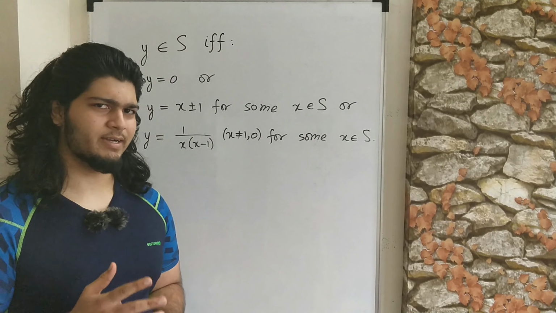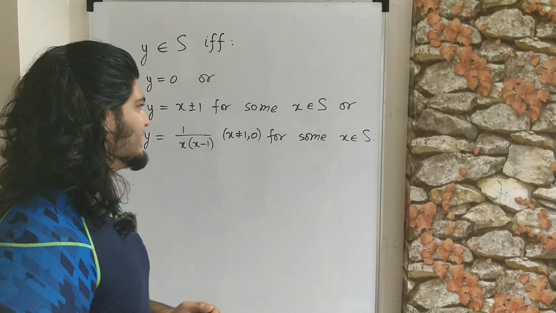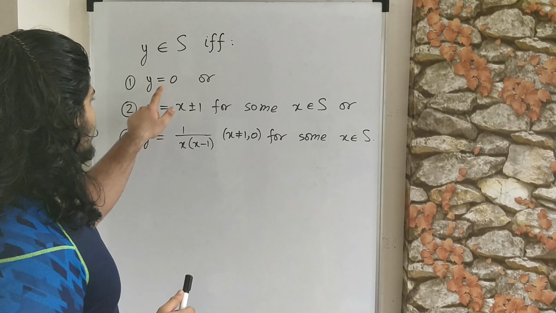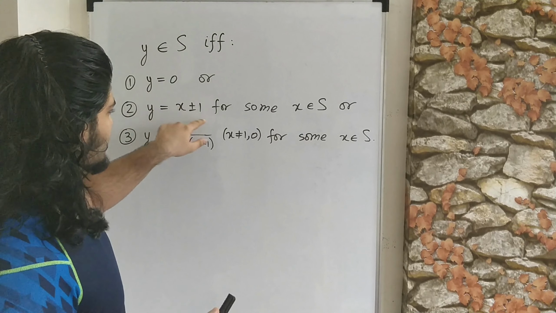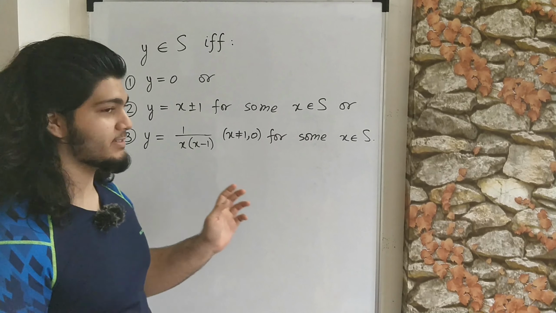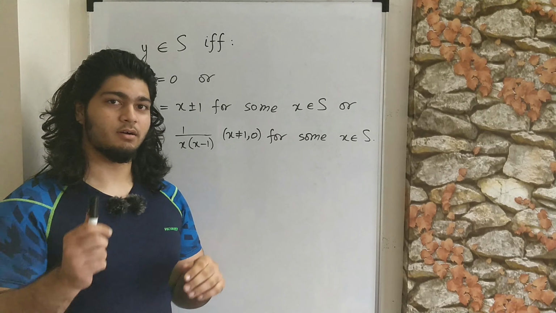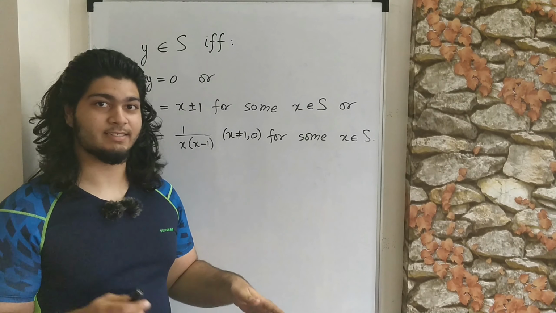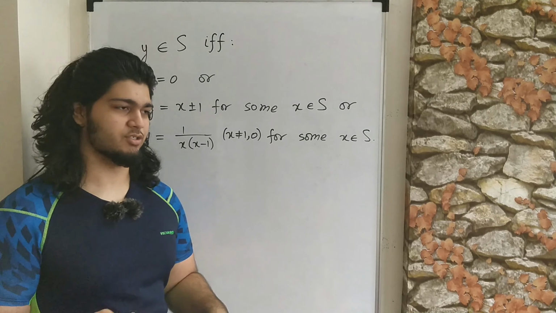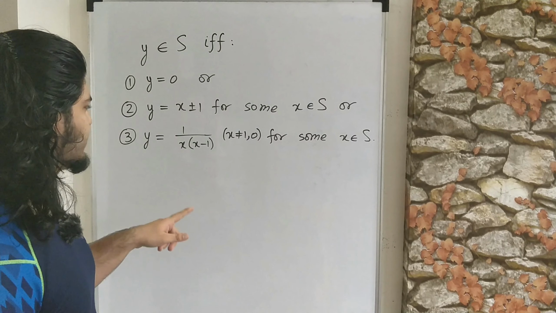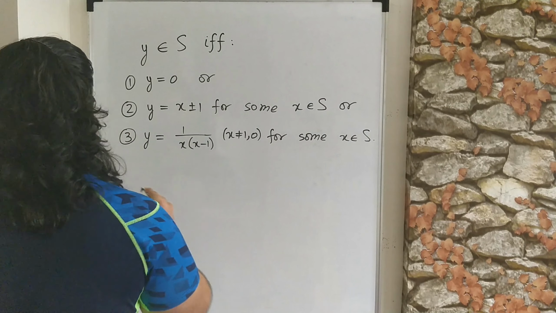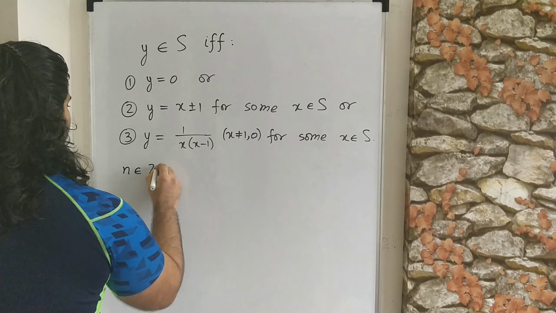Okay, so right off the bat you can tell that all of the integers will be in S, because 0 is in S, and then 0 plus 1 and 0 minus 1 will be in S, then 1 plus 1 and minus 1 will also be in S, and so on. You can cover all the integers. So all the integers are in S, and then if n is an integer,